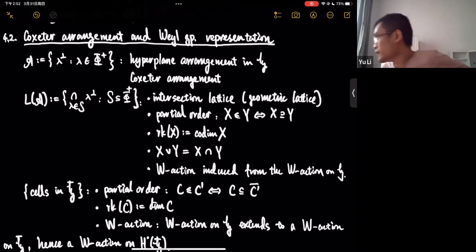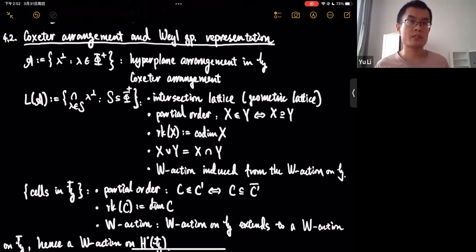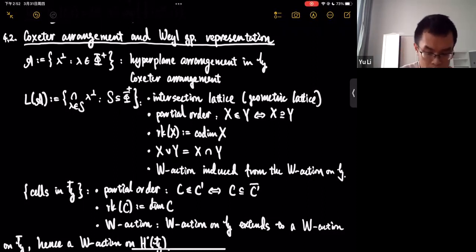Okay, the natural question is what happens in the exceptional types? So in the exceptional types, can one write down the Betti numbers in some fairly explicit way, or have combinatorists studied the Betti numbers in the exceptional types? Okay, so what happens is someone has to use the language of hyperplane arrangements. So here I'll write a curly A for the so-called Coxeter arrangement. So the set curly A just consists of the root hyperplanes, the hyperplanes in H which are perpendicular to the